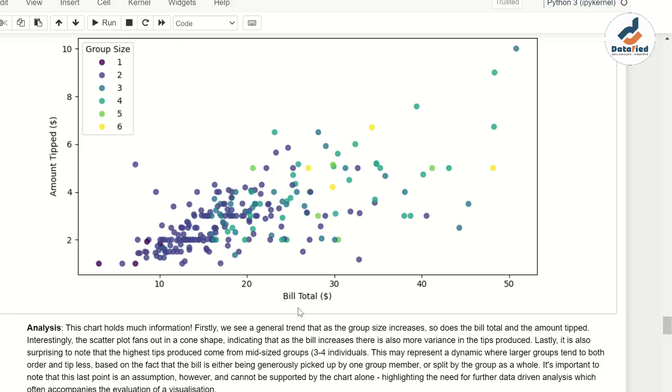So here is the bill total. Bill total increases from 10 to 50. The amount tipped increases from 2 to 10. And the closer it is, the smaller the group size. This particular circle here, dots, represents a very small group size. The smaller the group size, the smaller the bill total, and the very tiny the tip they get. But as the group size increases, we have the bill total also increases, and then the amount